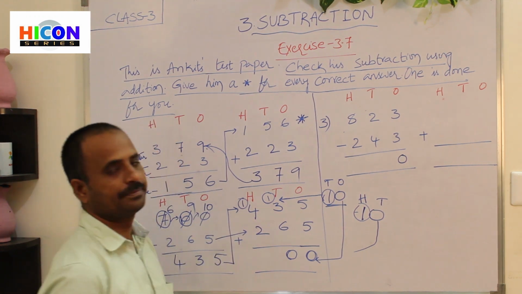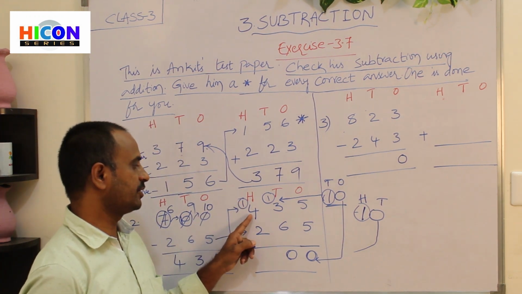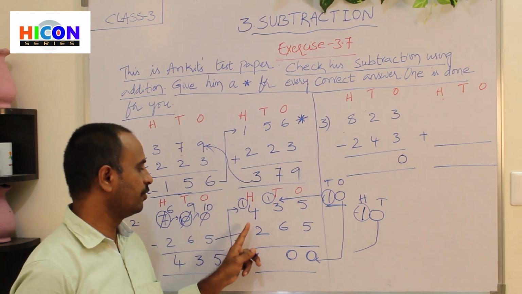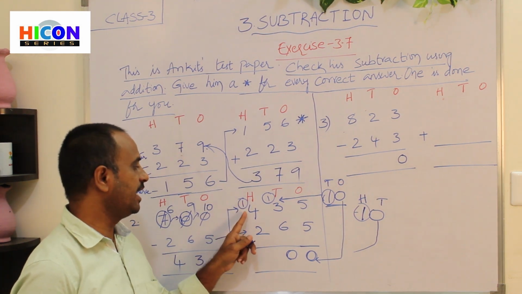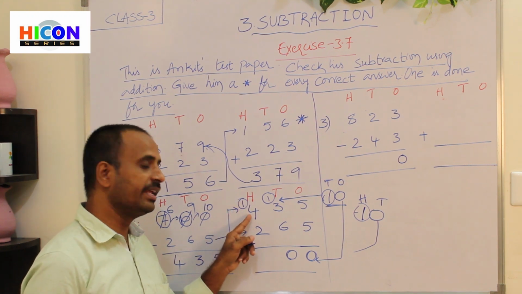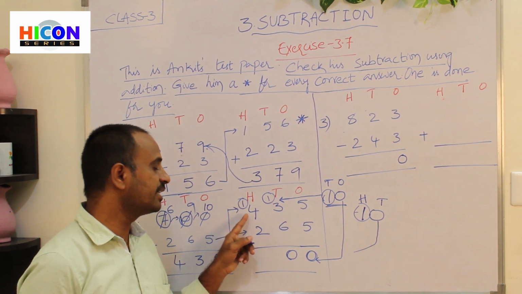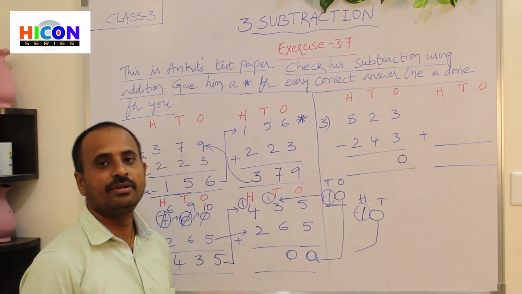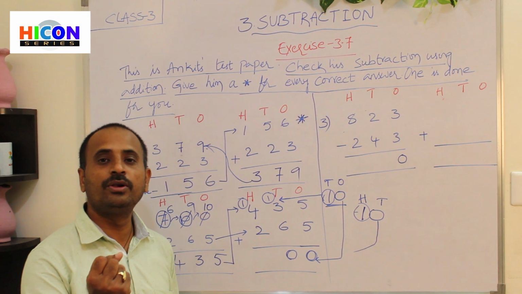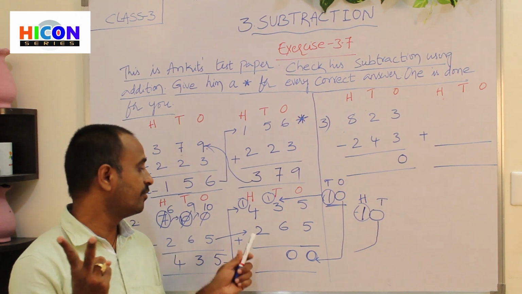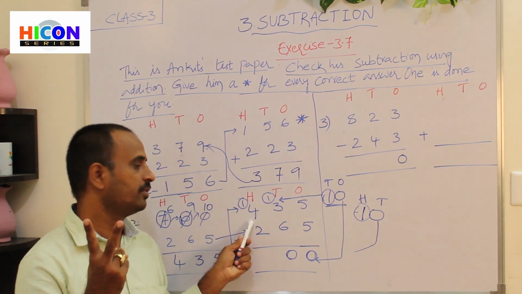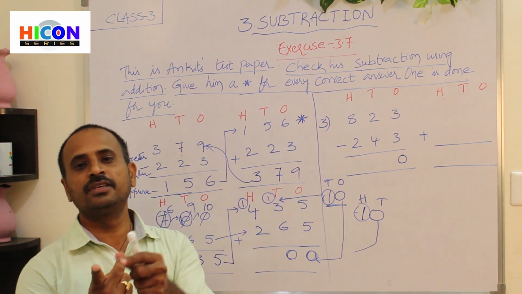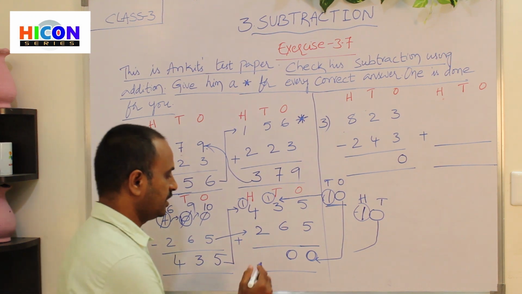Now add first 1 and 4. There are 3 digits under hundreds place: 1, 4 and 2. So now first add 1 and 4. If you add 1 to any number, we will get its next number. What is the next number for 4? 5. And add this sum to the third number. What is the third number? 2. So open 2 fingers of your hand. 1, 2. And what is the sum we have got? 5. So after 5 we will get 6. So start counting from 6. 6, 7. So the sum is 7.